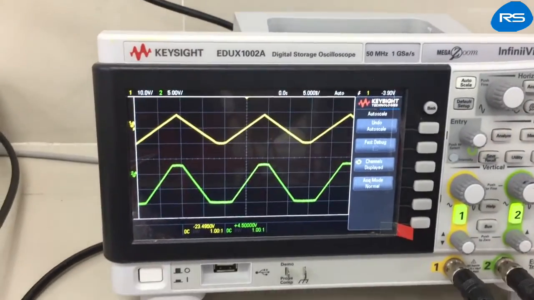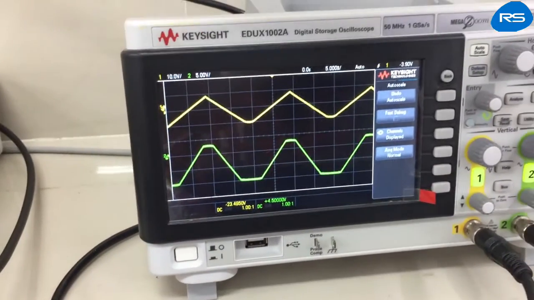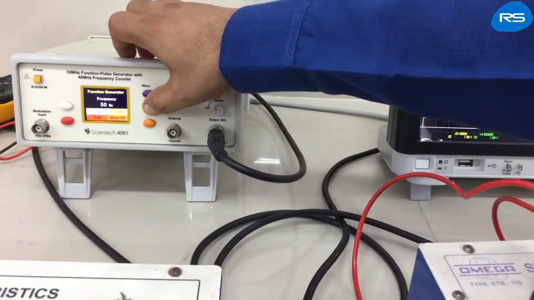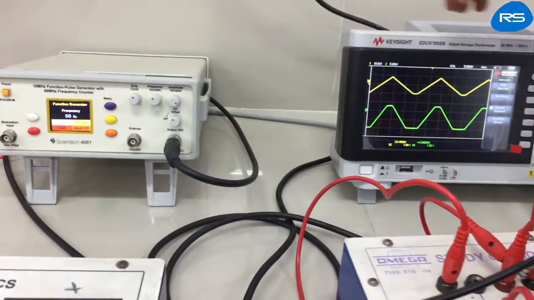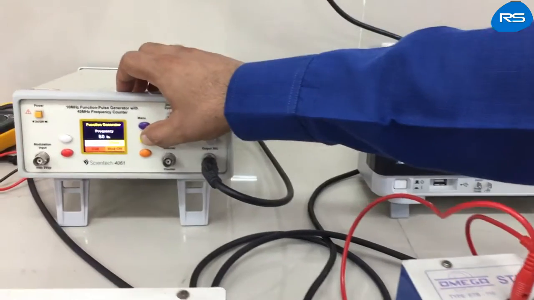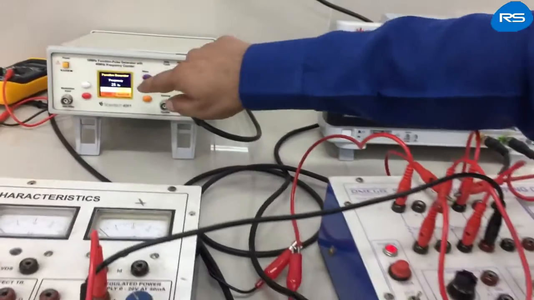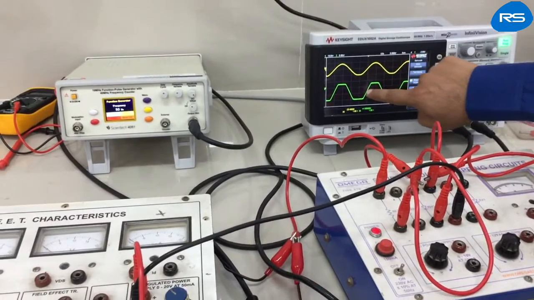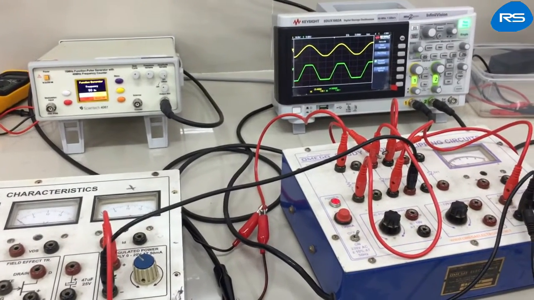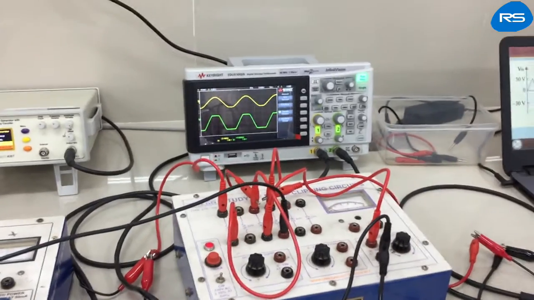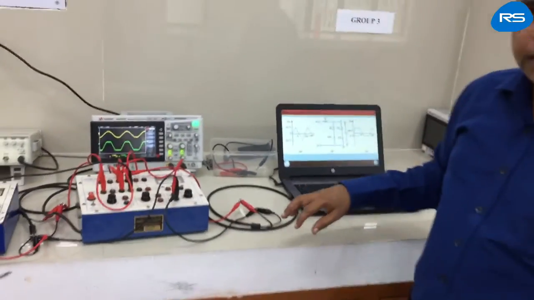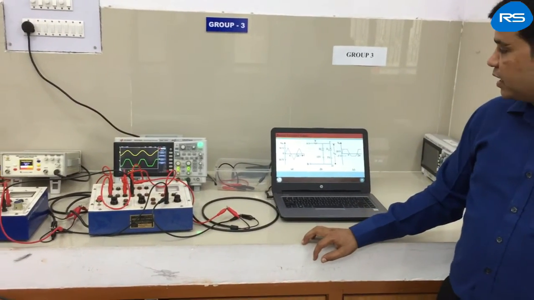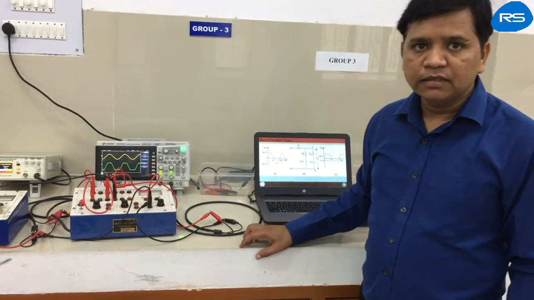So in order to observe the variation in the waveforms, we can take any kind of waveform like a triangular wave. In this case we are taking a triangular wave. We can take a sine wave also. This is our sinusoidal wave as input signal and output is this one. So in this way we have studied various types of clipper circuits, starting from series, parallel, biased, and a combination of series and parallel clippers.